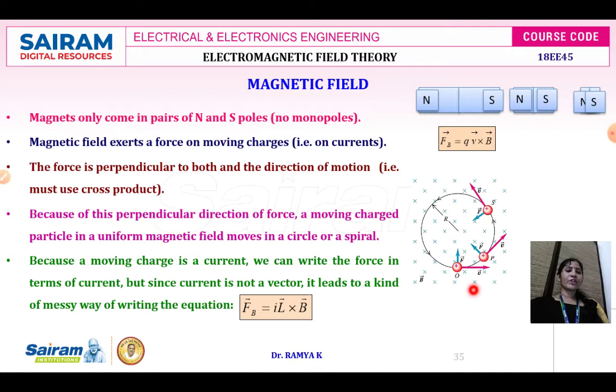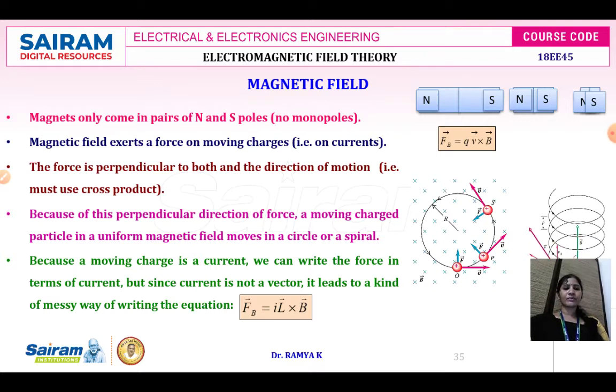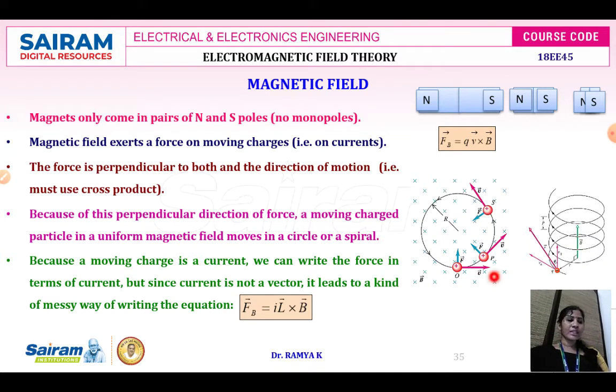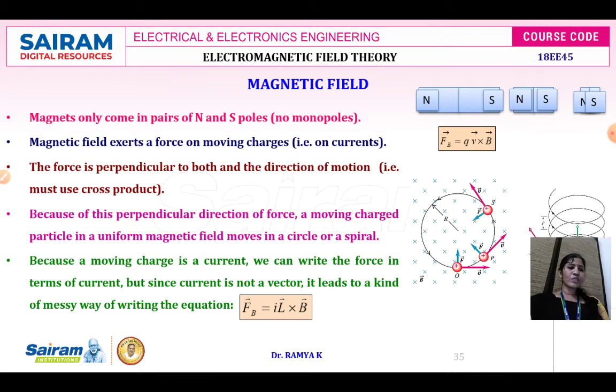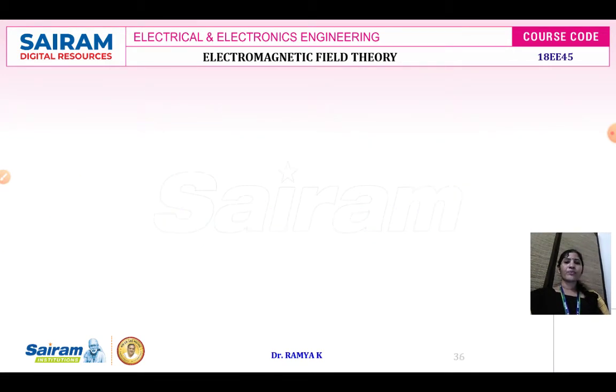You can see the movement of the charged particles and it is going to be the force exerted, and it is moving with the velocity u in the presence of this magnetic field intensity. Therefore, the force exerted is given as Q into V vector cross product with B. Here, when you check, it is the direction of your magnetic flux density. It is the place where the charge is placed, and the distance between the two coils is given as P. It is moving with a velocity u.